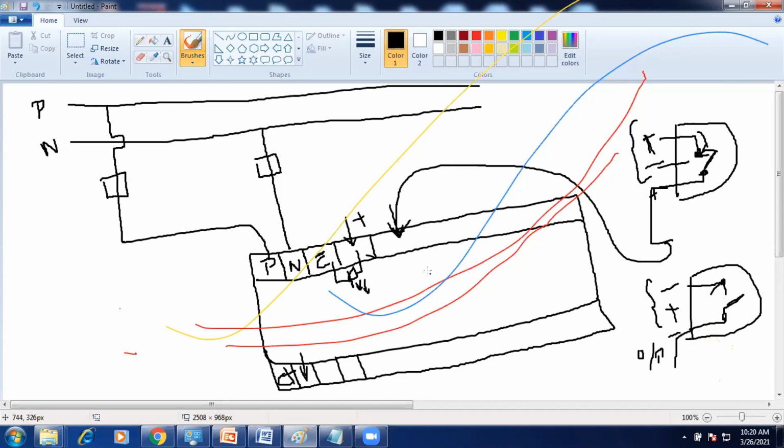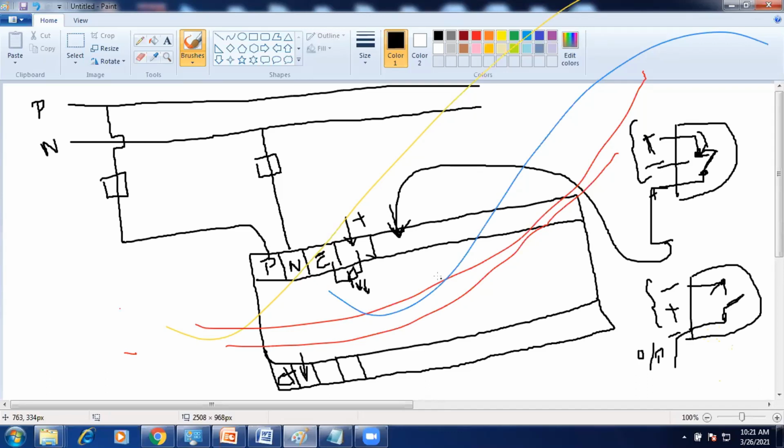Just assume we have a sink type PLC, but I'm having a PNP type sensor. So how to give the connections for these two? Is it possible or not? If it is possible, then how to do the connection for that?